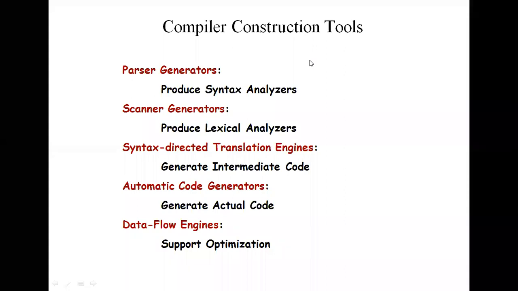Before going into detail about compiler construction tools, I am just briefing the features of a good compiler. Make a note of this. I'm briefing the features of the good compiler in 4 features. What is the first feature? The first feature is that it compiles a large amount of code in less time. That is the most important feature.